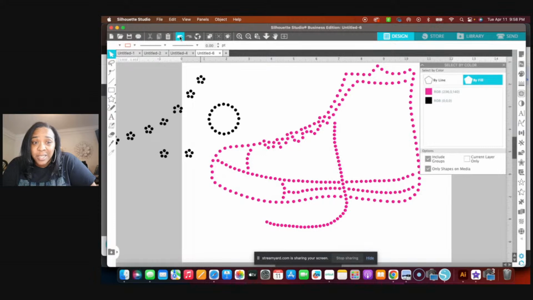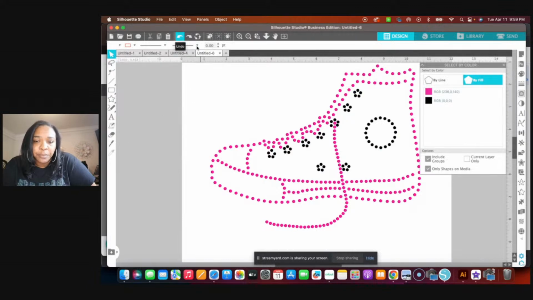And we can actually take this and cut it out in Cricut. If I wasn't so tired, if it wasn't 9 or 10 o'clock, I would probably cut it out. But that's it. So it's compound path, the same thing as weld in Cricut. Yeah, pretty much. The only difference is that in here you will be able to just